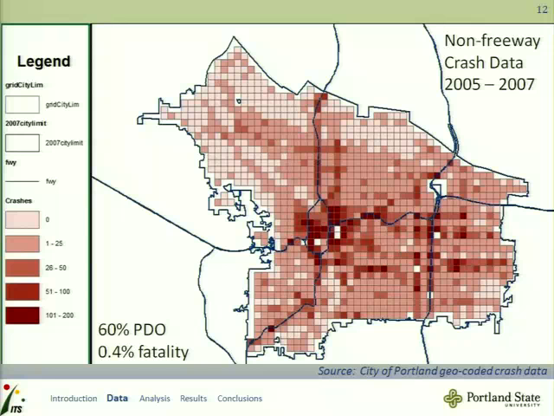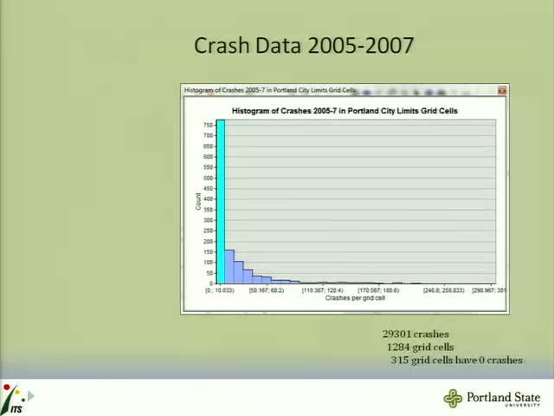We also decided to exclude freeway crashes from this study because it was felt that that was a different type of structure than what we were looking at, trying to understand more urban form and neighborhood streets. So these are non-freeway crashes, even though you can still make out where the freeways are, because getting on and off the freeway, there tend to be a lot of intersections and a lot of crashes.